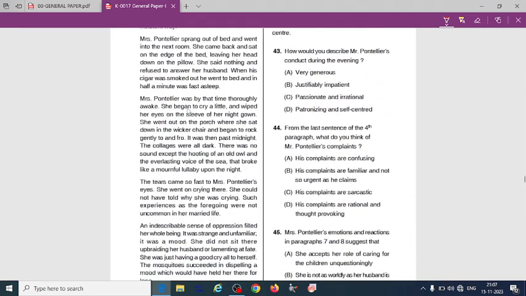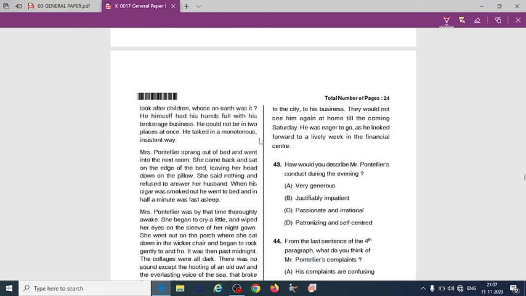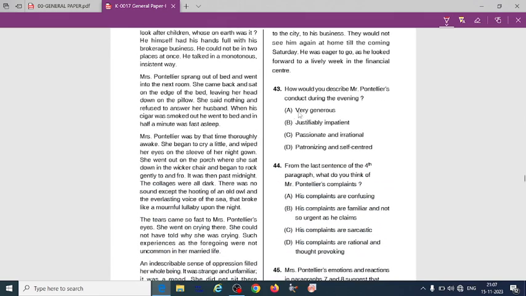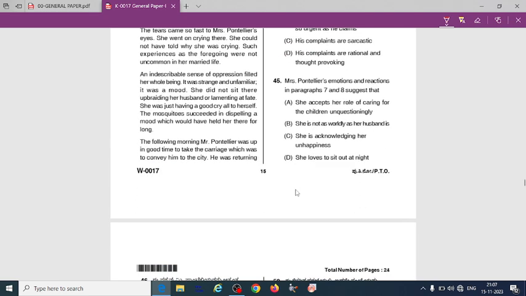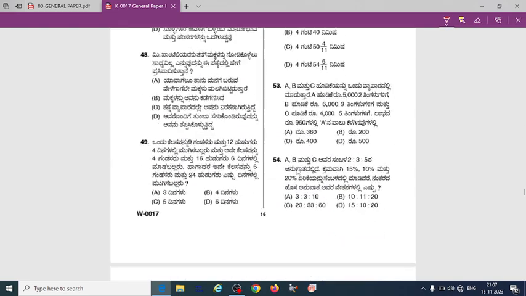So you have to read the given passage and you can try to answer after reading. So 43 is option D. 44, after reading the passage you will have the correct answer, B. 45, option C. 46,